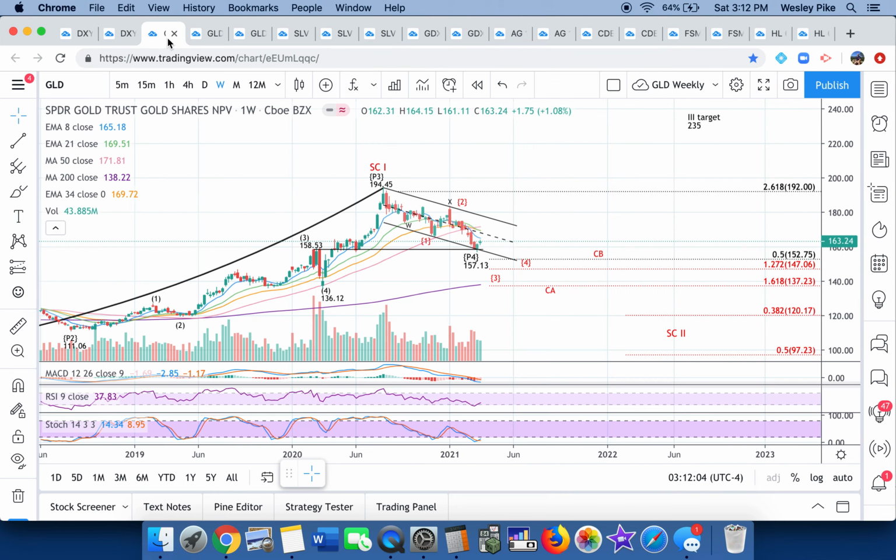Okay, so let's take a look at gold's weekly. And I got to point this out to you. GLD, the proxy here for gold, has put in back-to-back positive weeks. 2 back-to-back green weeks has not happened since the very early part of December. So we've got a little bit of positive traction, just bottoming out really nicely here at the lowest part of